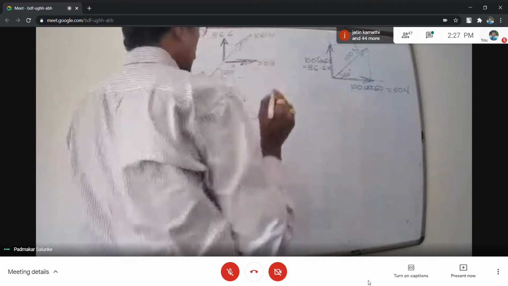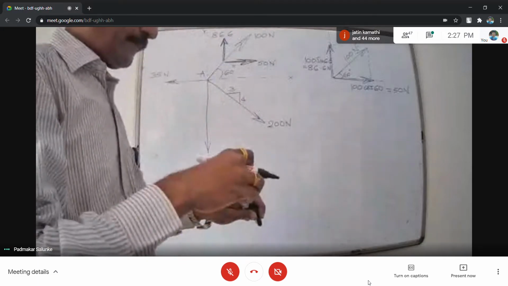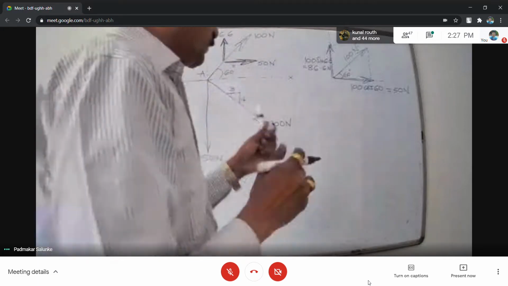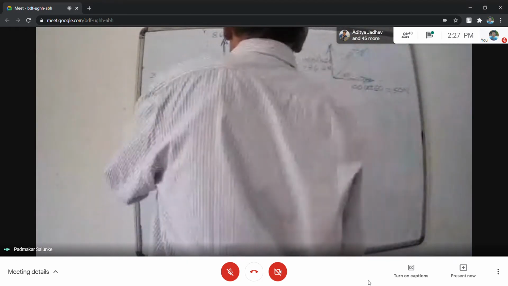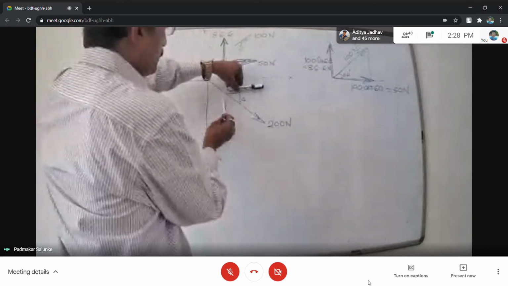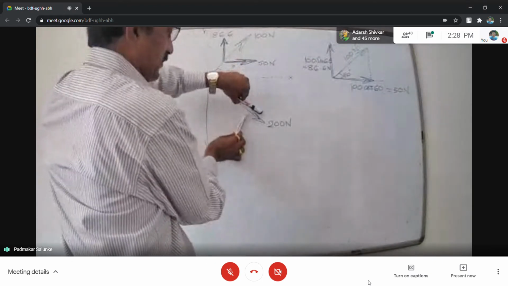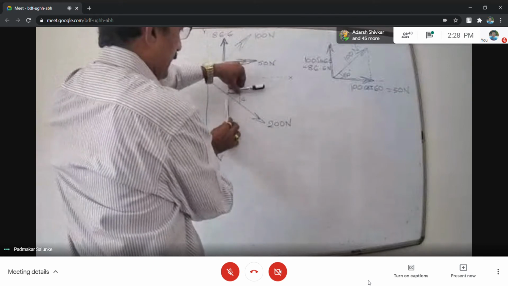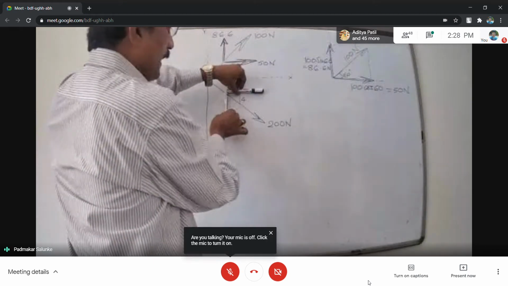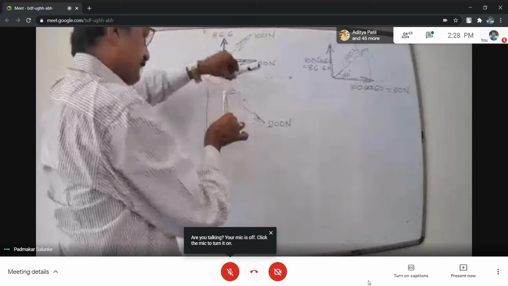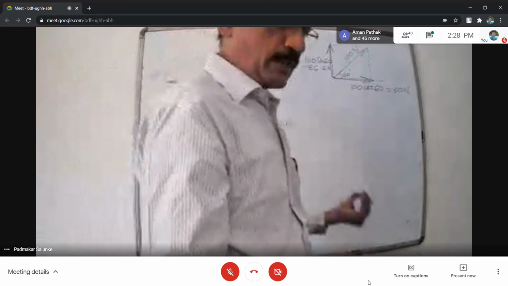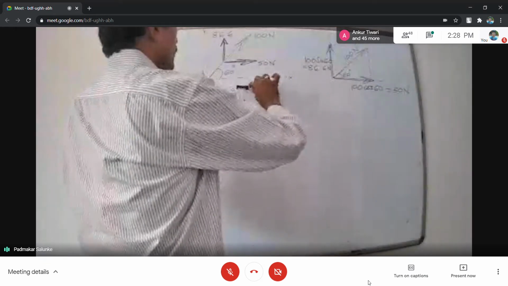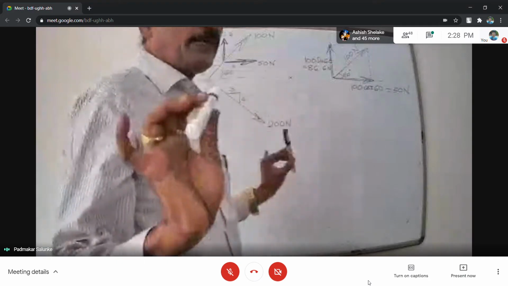Okay. This is the situation. Then similarly, this 200 I have to resolve into x as well as y component. This is 200, x component comes like this, y component goes like this. If this is a downward direction, the x component goes to the right and the y component goes downward like this. If this direction is upward, pointing towards A, the components must be in this way: the x component is to the left and the y component is upward.